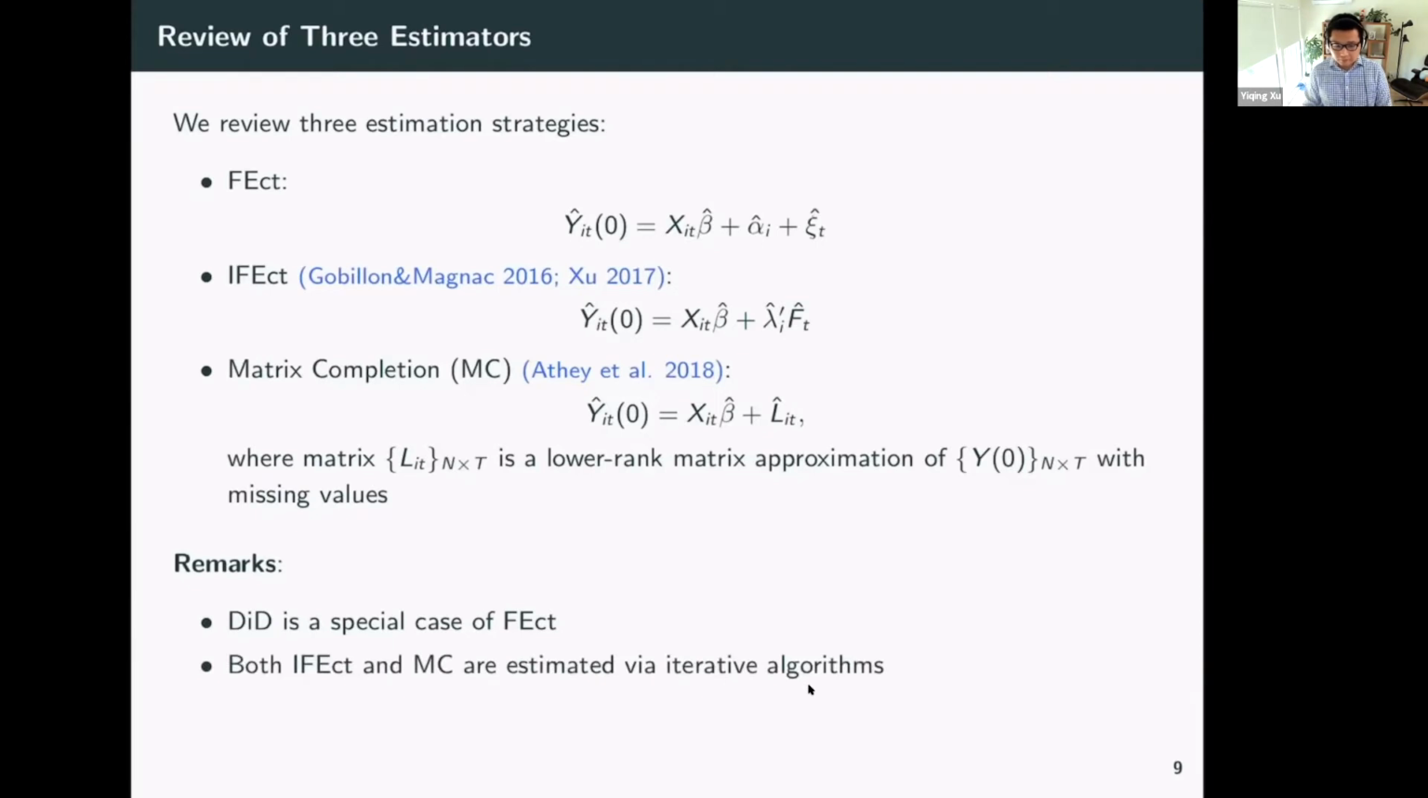And both interactive fixed effect counterfactual and MC are estimated by iterative algorithms. This is not surprising because the estimation of factor loadings will affect estimation of beta, and estimation of beta will affect estimation of factor loadings. The same thing for matrix completion. So that's why you need to iteratively estimate them until convergence. This is for IFCT. This is already done in 2009. This is not our contribution. And matrix completion is